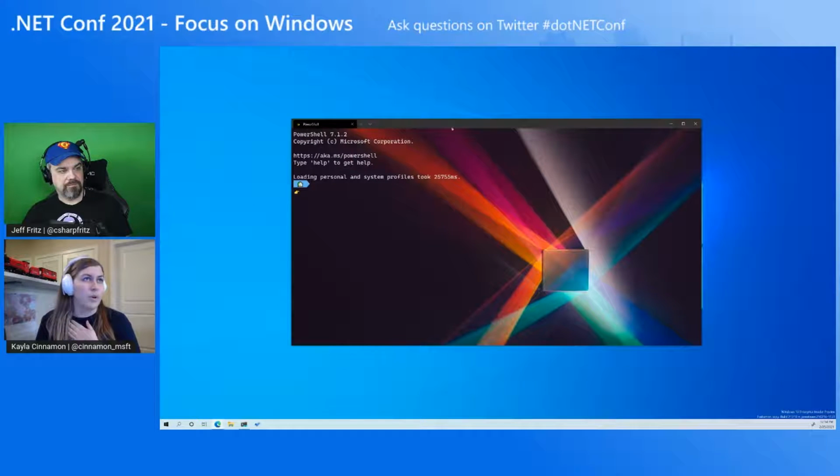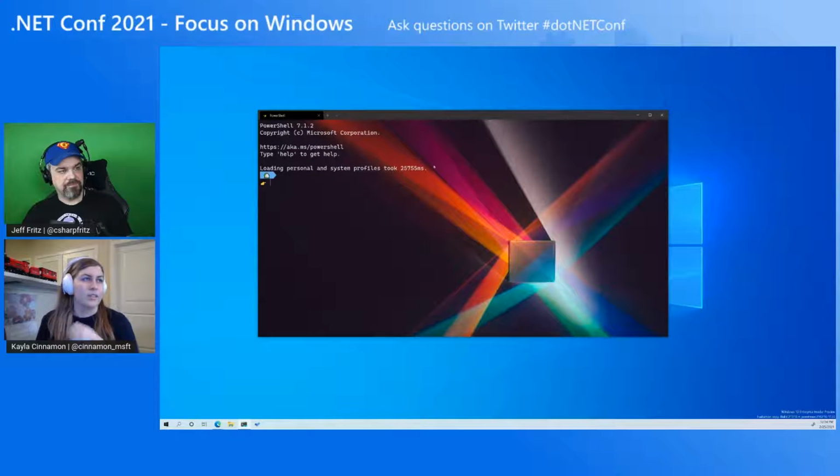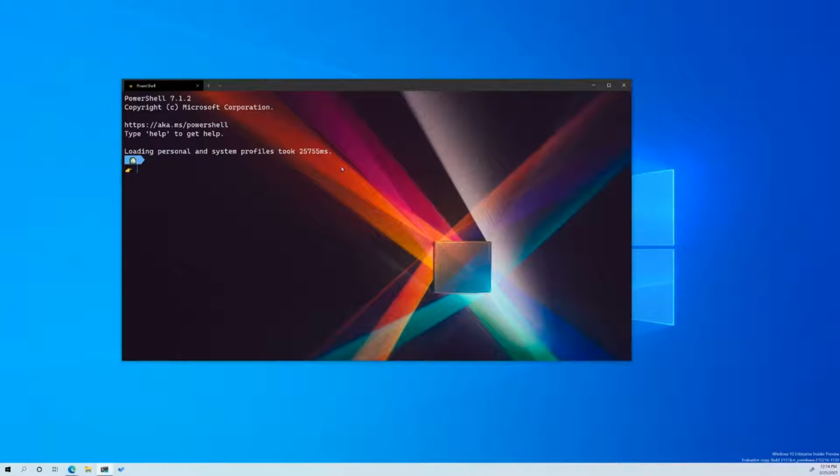So one thing that is coming that I wanted to share was that we're working on a lot of windowing improvements as well. The one thing we added was you could do a new WT command and specify a new terminal instance to open in the current window. Sorry, my machine, the text will come in slowly because I'm streaming, but this should open a new terminal instance in this current window,